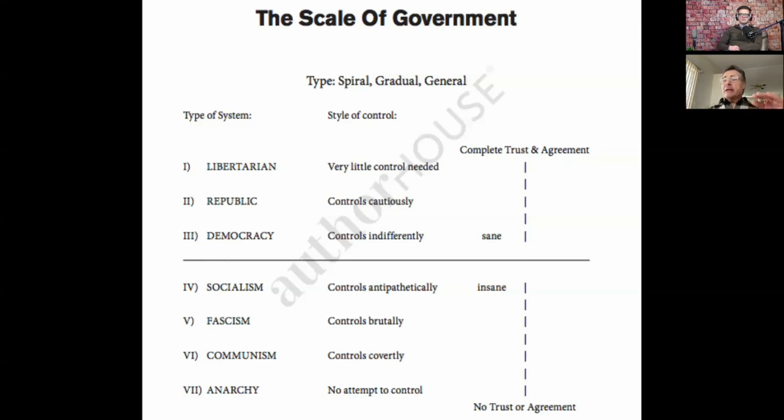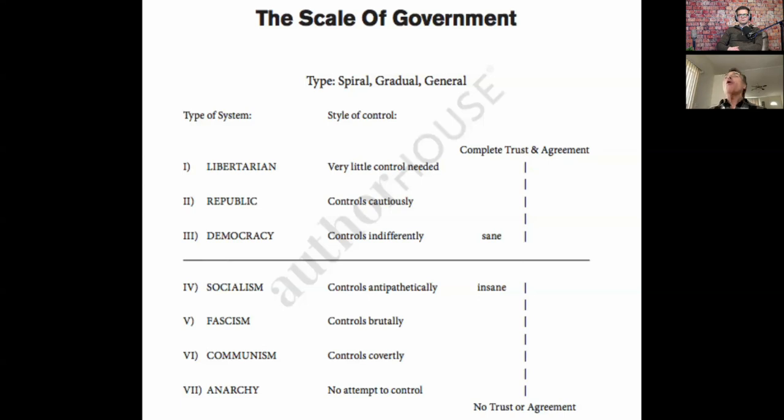You need to realize that in order to have a high-level government, you have to have trust and agreement. When you have a low-level government, it's because they're in the absence of trust and agreement. So if you look at the United States, for example, the United States under Dwight Eisenhower was full of trust and agreement. People trusted the government, the government trusted the people, people trusted one another. There was a lot of agreement.